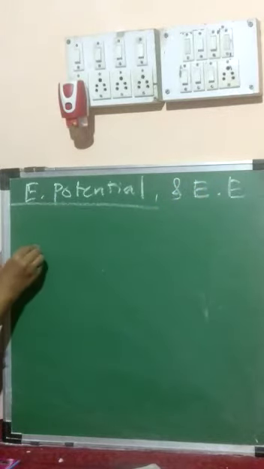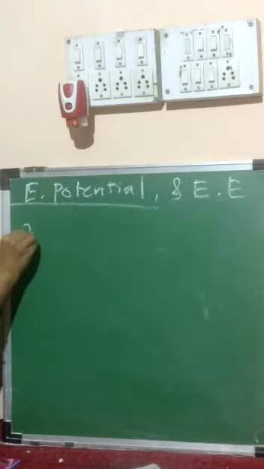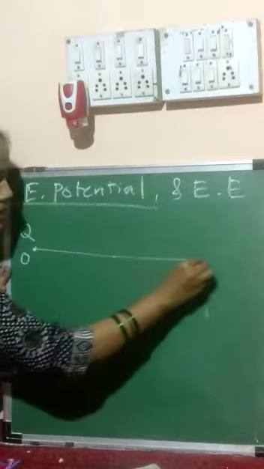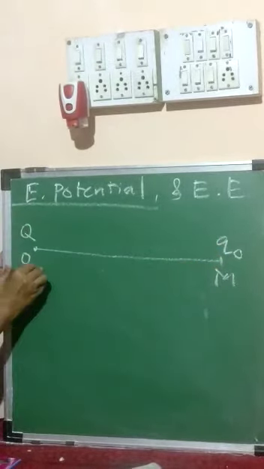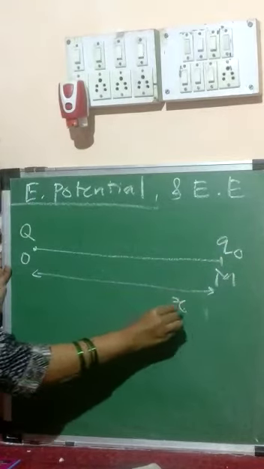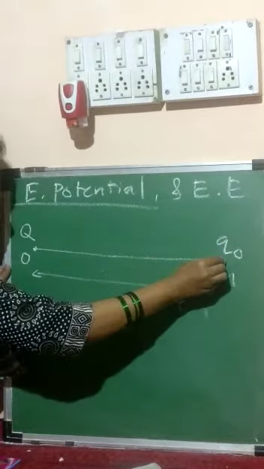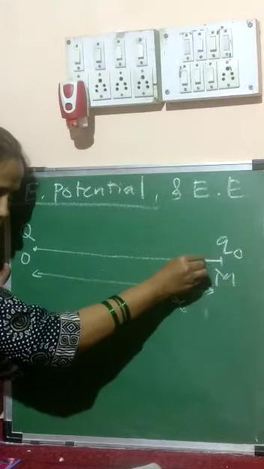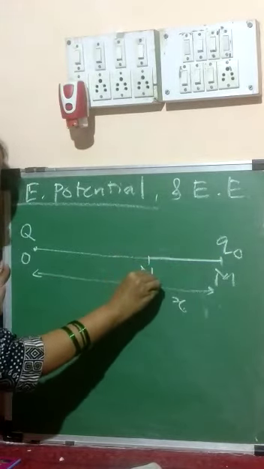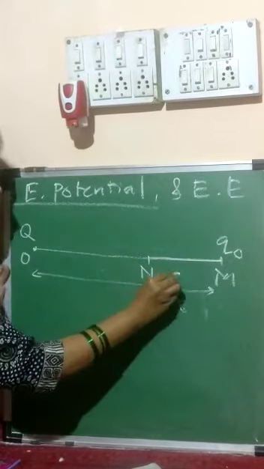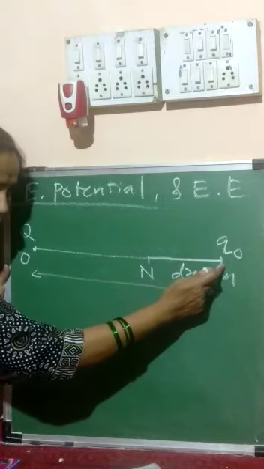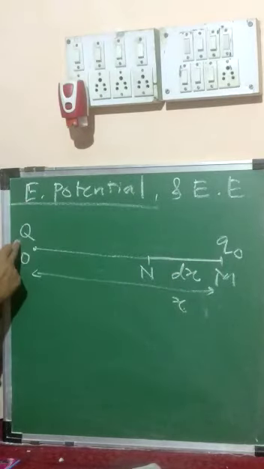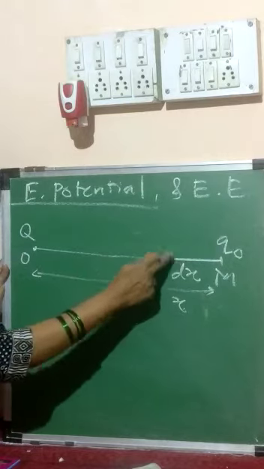For that purpose, let's consider there is a charge Q in the medium at point O, and there is another charge Q0 at point M, which is at a distance of x. Now I want to displace this Q0 charge from point M to point N through a certain displacement dx. Whenever this Q0 charge gets displaced towards the source charge Q through a distance dx,